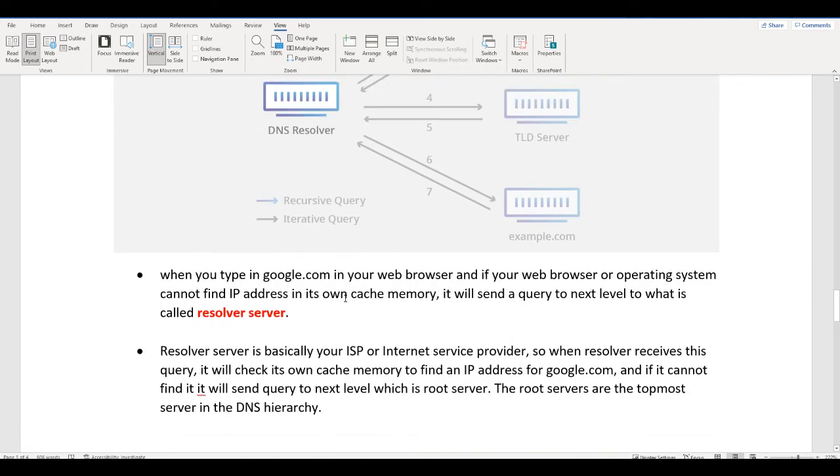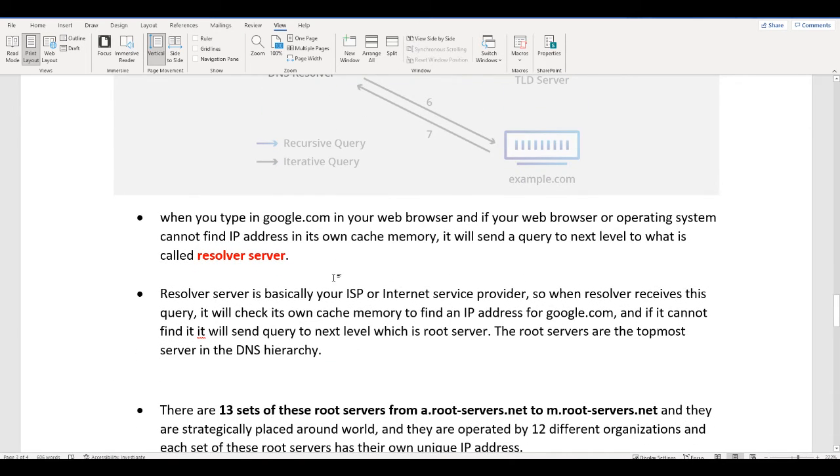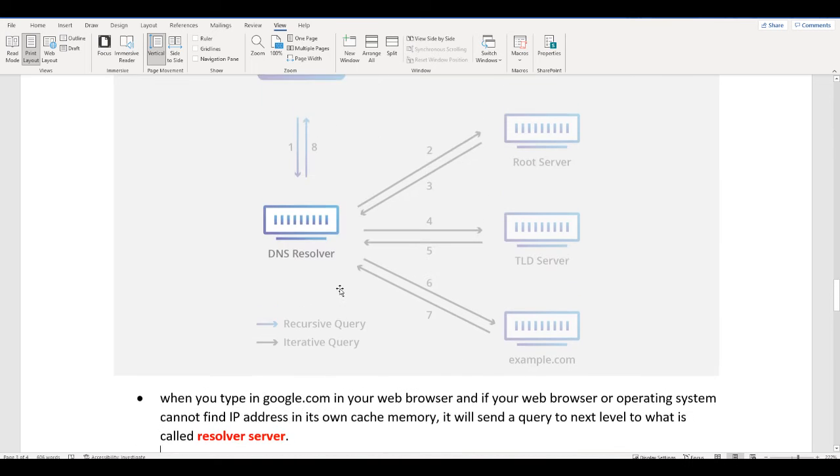So here I have some explanation. When you type google.com in your web browser, and your web browser or operating system cannot find the IP address in its own cache, it is going to send the query to the next level, which is called the resolver server.